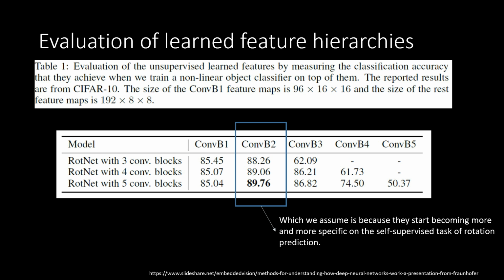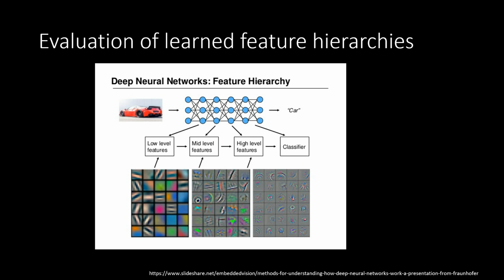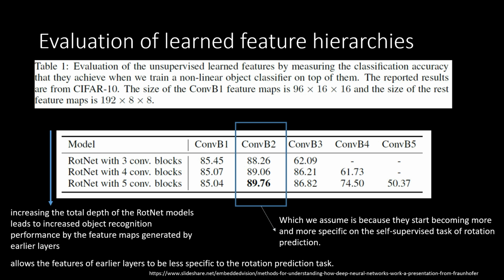The features learned in the later layers are more related to the task being performed, in this case rotation, and the initial layers learn more generic features. If you see this image, I think you'd have known. The initial layers have low-level features, then mid-level features, then high-level features, and the later, deeper layers have features more related to the task, and that's the reason the later layers were doing